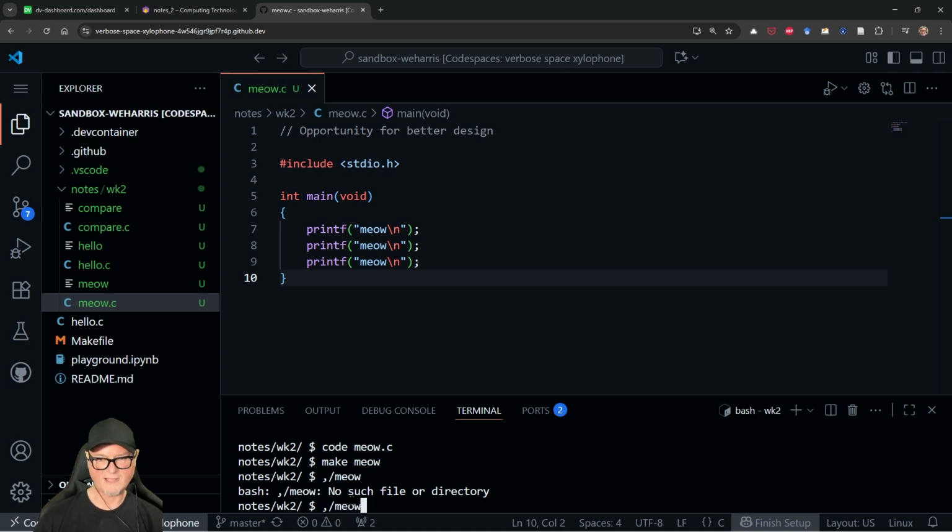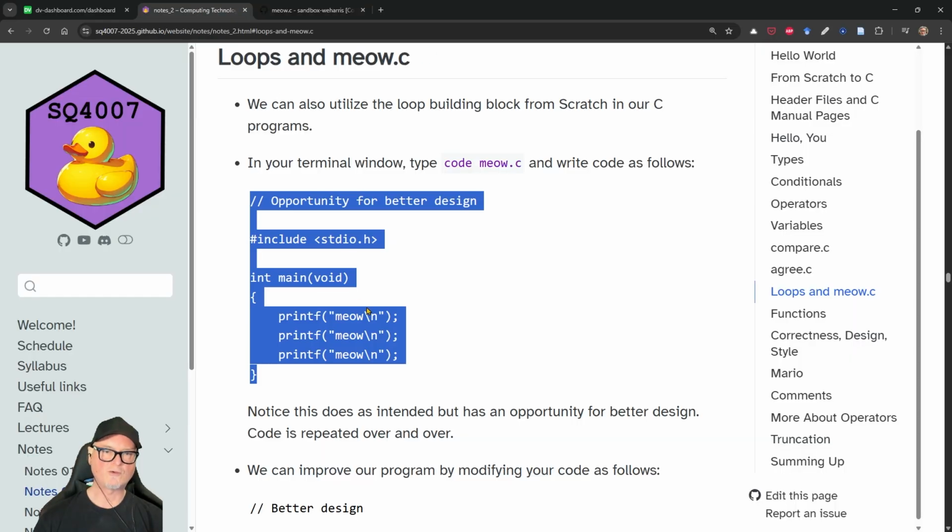I made a typo there. You notice the period, not the dot, and it gave me a little error. There we go. So we get meow, meow, meow. So this is kind of a dumb way to do it. You want to avoid